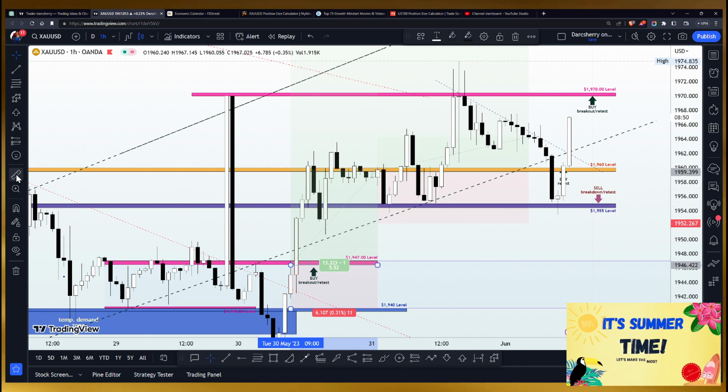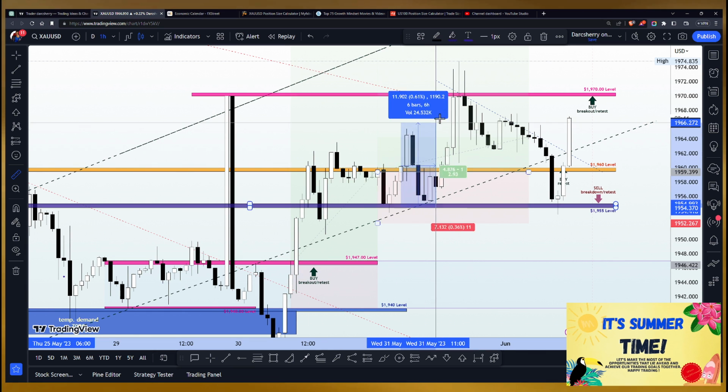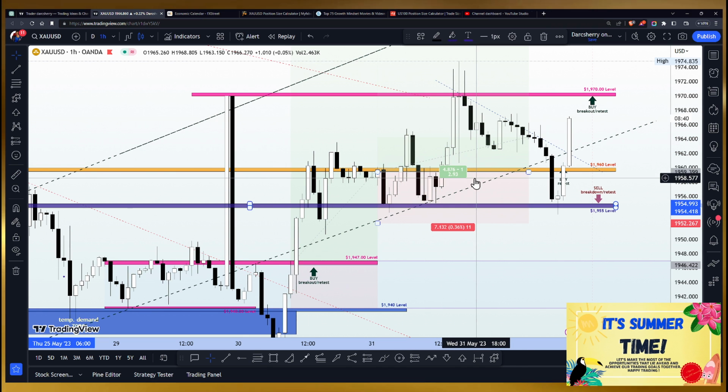And if you are taking a position at the breakout of the 1955, as we discussed here yesterday, you will currently be running with about 130 pips in profit. So for those who are taking advantage of these opportunities, well done to you for being on standby to have caught that move. And let's go into the details of what our expectations would be like for today.